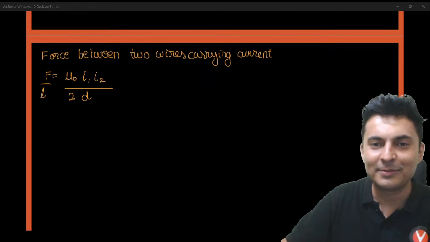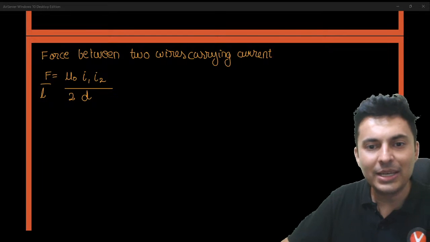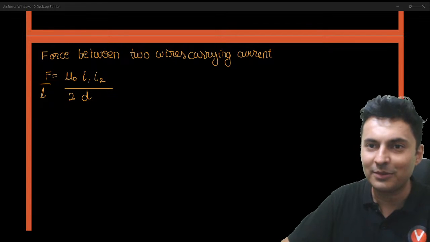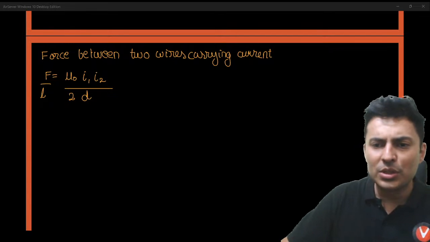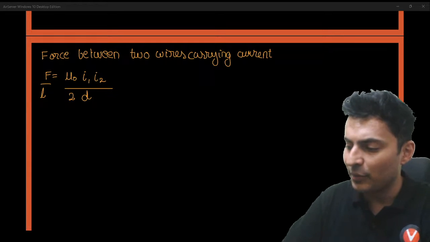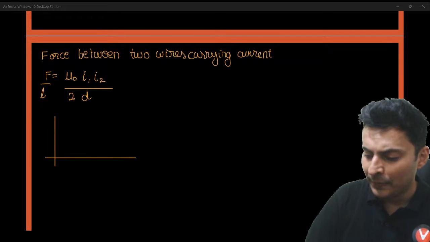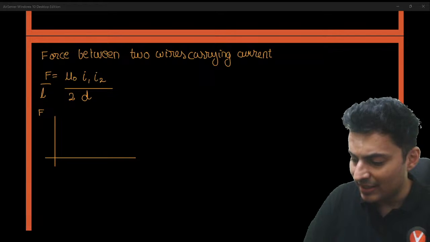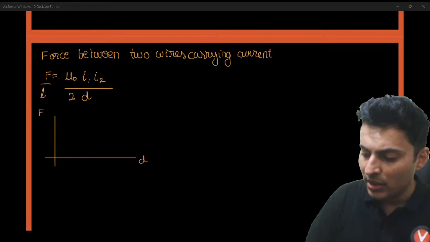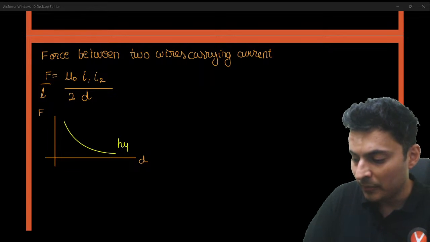You remember this formula. So this is the force acting between two wires, force acting actually per unit length. Perfect. Now, many questions can be asked over here as well, like how is the force changing with respect to the distance or with respect to the current? So if it is force with respect to distance, it is very obvious: force is on the top, distance is below, so the graph will be inversely proportional. So it will be a hyperbola.